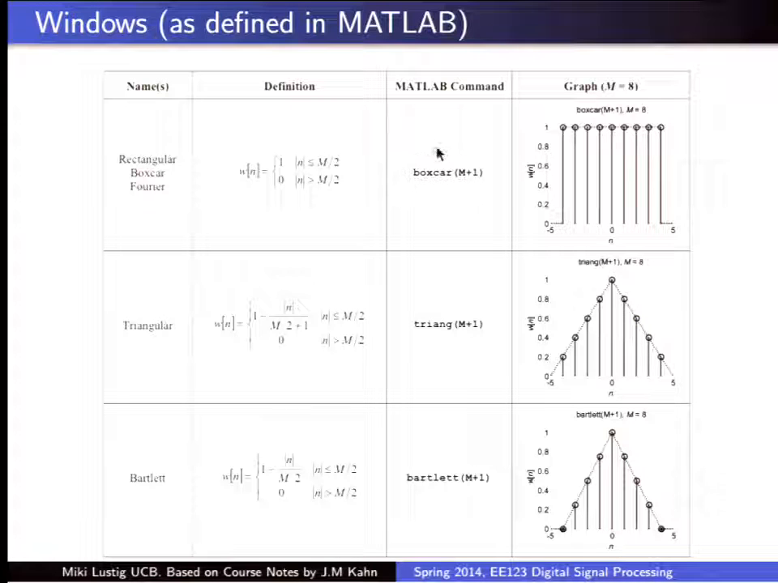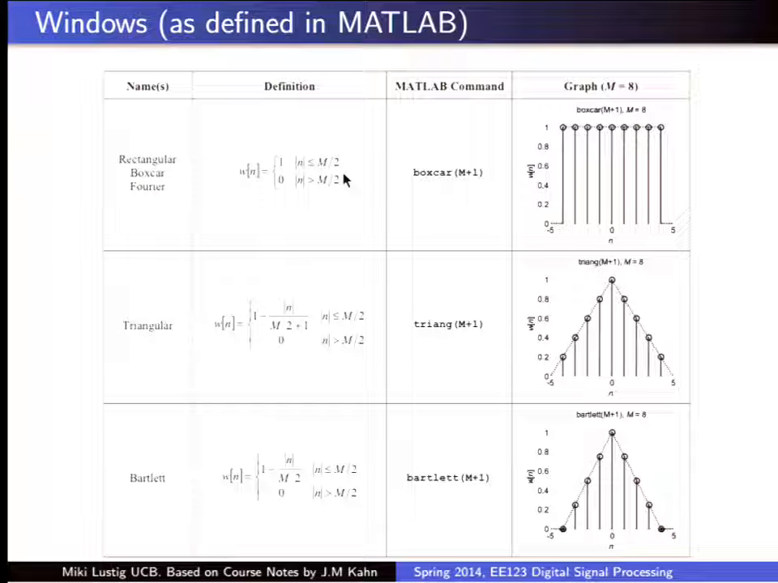This is the MATLAB command for this. And you always need to look at what the definition actually is. Is it a rect, a boxcar? Sometimes it has one more, one less. I don't know, so you have to check what it really is in order to understand what is actually going on. Okay? So it's 1 between minus M over 2 and M over 2,